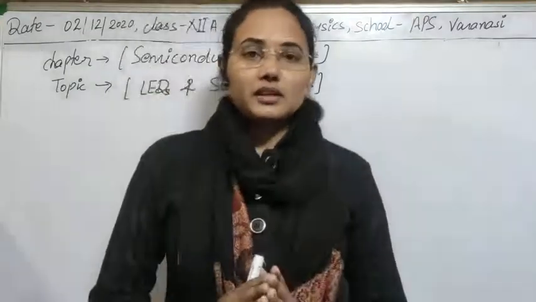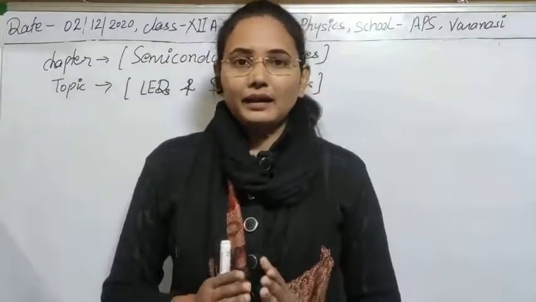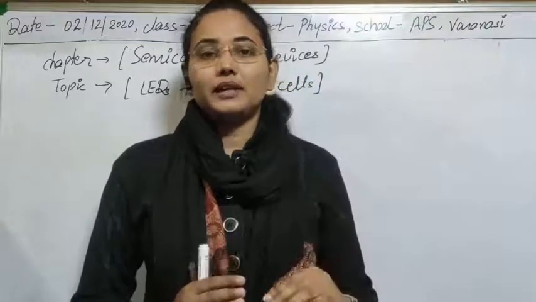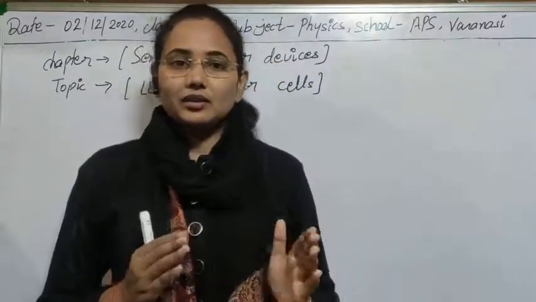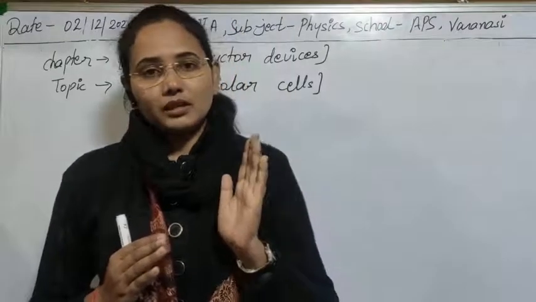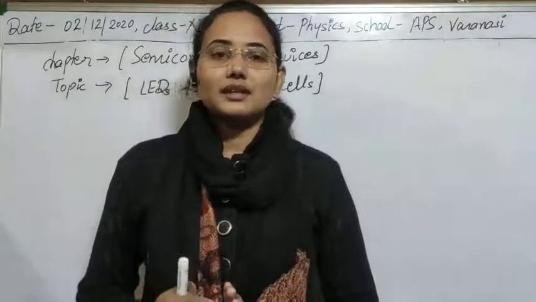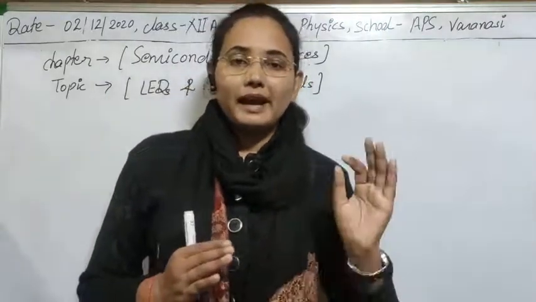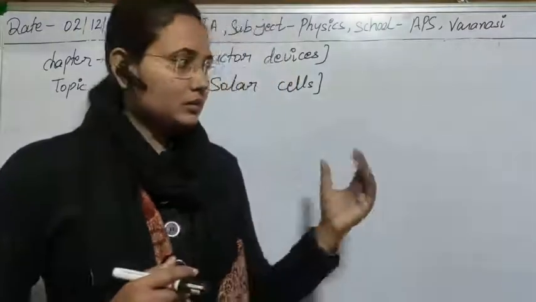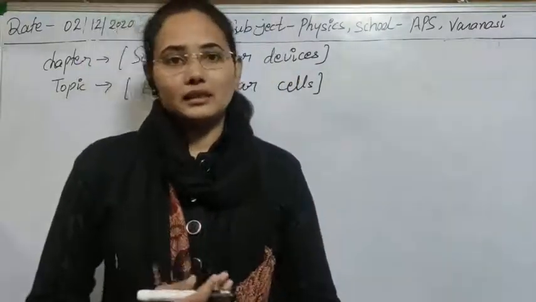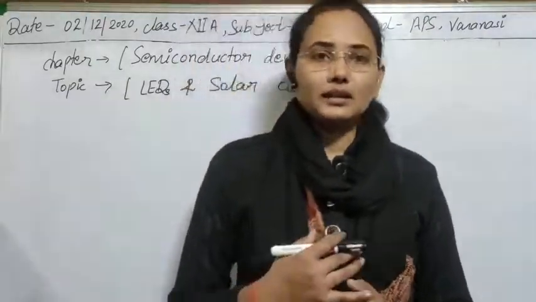Even in the case of the Zener diode, we have seen that it is highly doped, and due to high doping, Zener breakdown occurs. For any increase in voltage, there is no increase in current after the breakdown potential. So a constant voltage is obtained at the breakdown potential, and after that you can use it easily as a regulator. That's why we have used the Zener diode as a regulator.